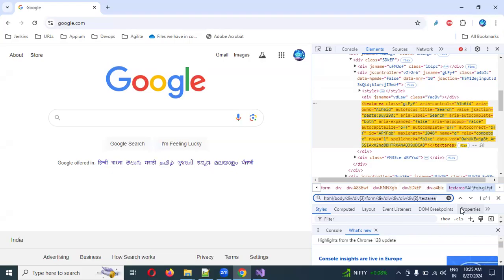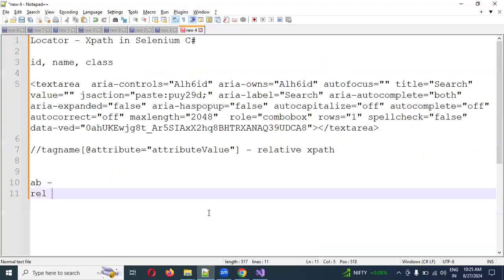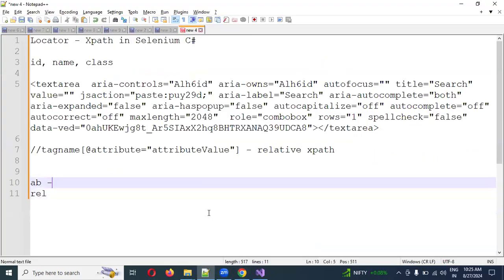Okay, I'm copying this entire path. I'm going back to here. I'm specifying the absolute path location here, and this is my absolute path. It means one by one it will go ahead and provide for each and everything. In case you don't know how to find it and how to write this path,